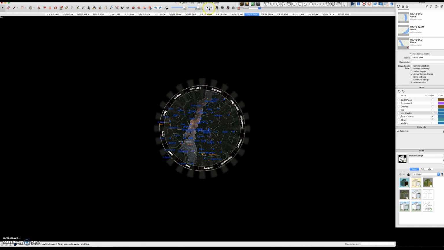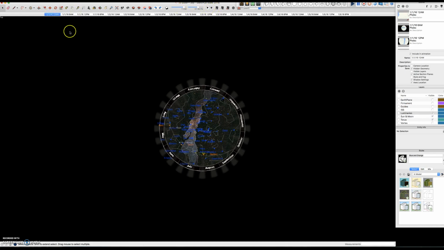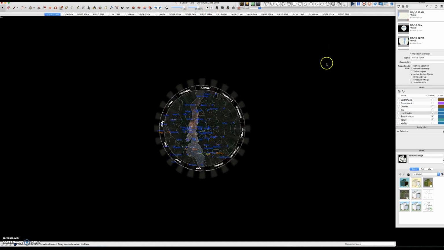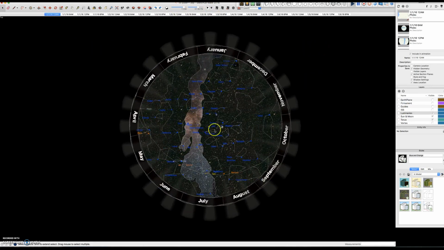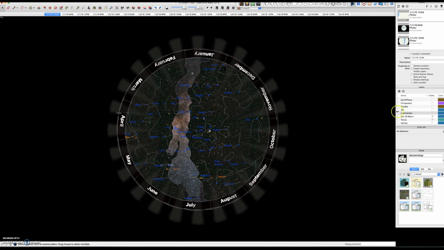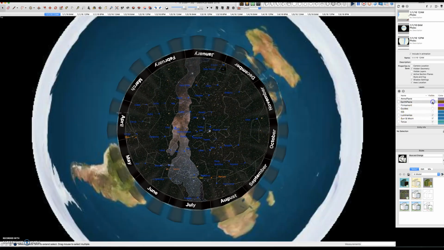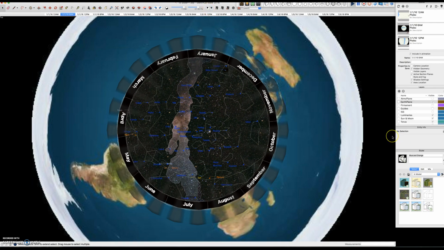I want to do a more in-depth look at this animation that I made between January 1st, 2016 at midnight to January 5th, 2016 at 6 p.m. And I just want to show the luminaries orbiting the North Pole along the ecliptic within the Astroplate. So I'll go ahead and hit play on the animation, and I'll slowly start